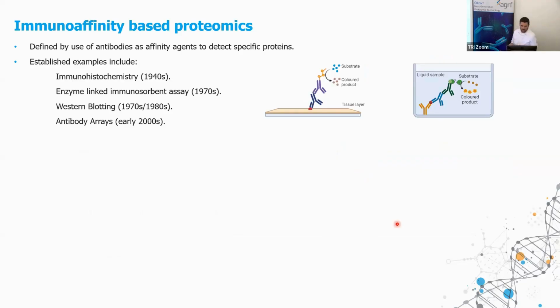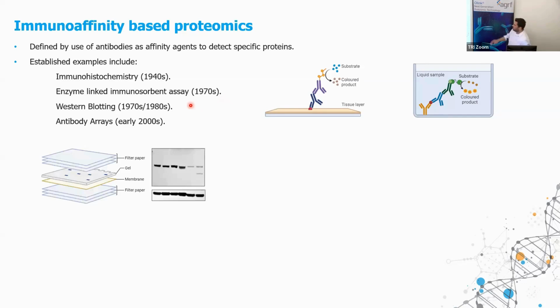And really, they're defined by the use of antibodies as affinity agents to bind to specific proteins. Examples include immunohistochemistry, which has been existing in some form or another since the 1940s, where you probe basically a tissue layer. ELISAs, or enzyme-linked immunosorbent assays, which have been around since the 1970s. This is sort of a more liquid assay itself. And then Western blotting, which is a sore spot for me, considering how much I struggled with it during my PhD. But those are ones where you just embed your proteins on a bit of nitrocellulose paper and probe them